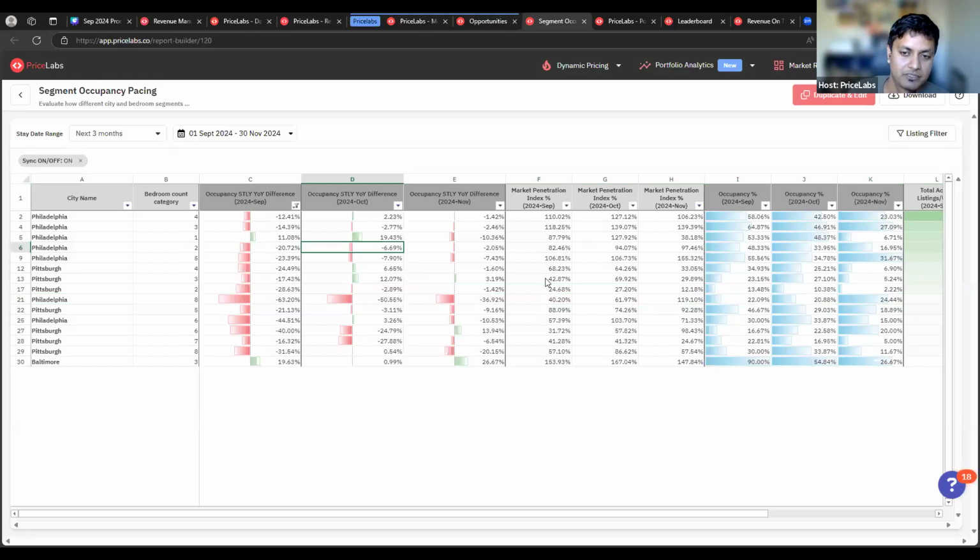Anything below 100, it means you're below the market. And once again, these are test listings. Generally, that might be why you're seeing a lot of red here. And then finally, it also says,